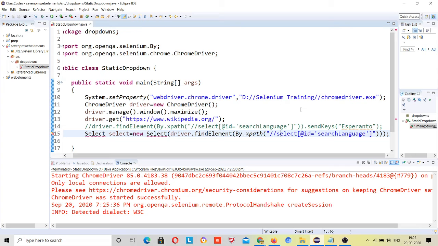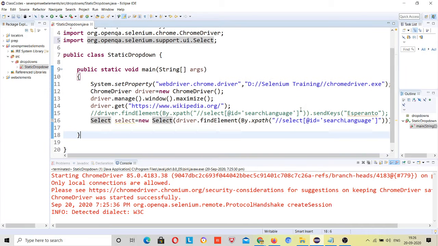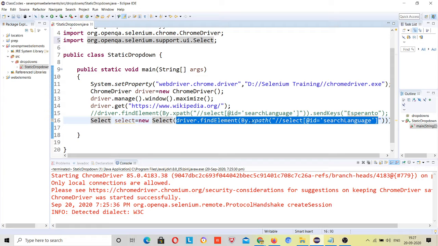And import the files. Control space after this, it will suggest Select, and import this. Also you can do one thing. This is your web element, right?